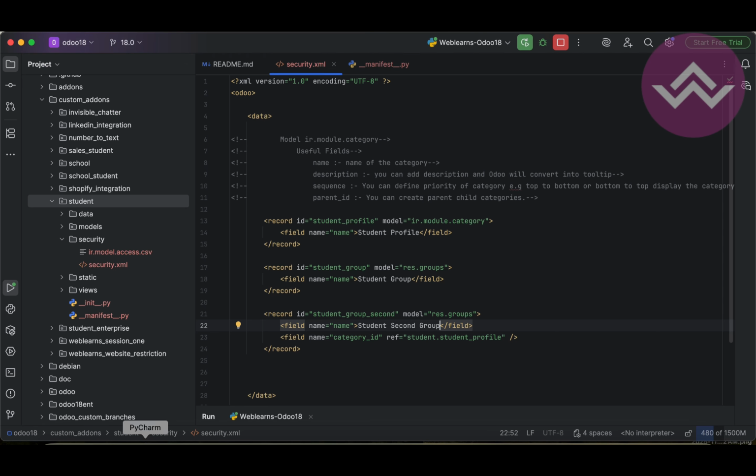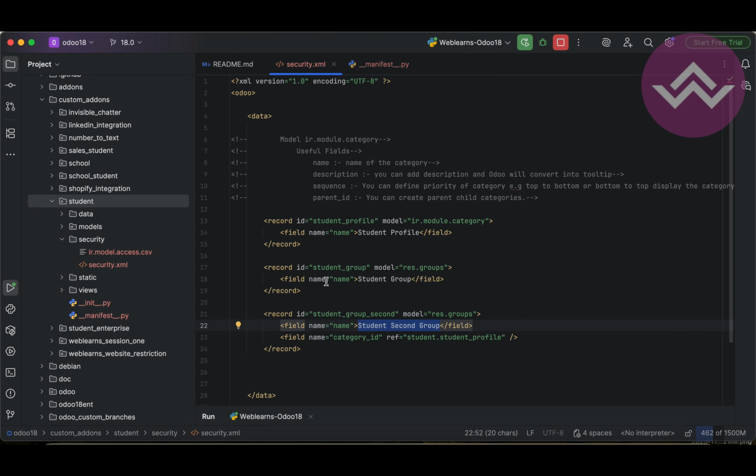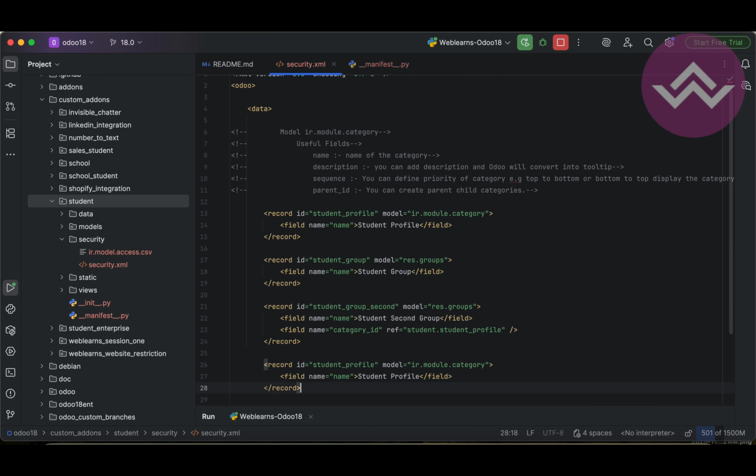So what is the reason, right? This parent category doesn't have any other parent category, so Odoo automatically uses this one as a label name instead of this label name, and it will automatically convert into this combo box in version 18. Okay, you can see. Now let's say I also want to create one more category, right? The parent child category. So how does it work? So let's say here